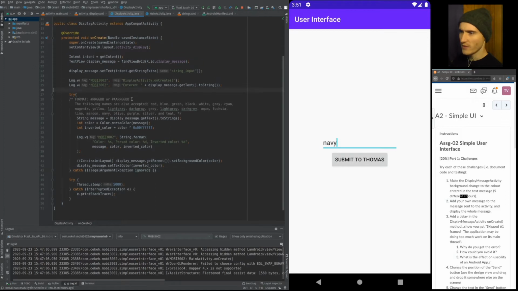Let's see here. I went a little fancy with it and just took the message from the text input and simply parsed that with Color.parseColor if it was able to, so it's in a try block. And so if it's able to, then it sets the background to that color, and then it'll invert that color and set the text color to that color. For an example here, we've got navy,